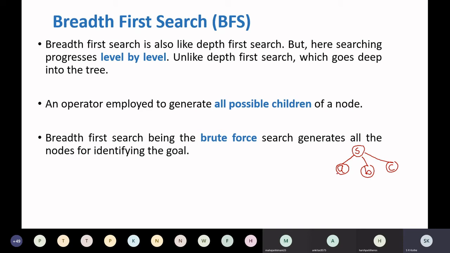If not, then it will explore all the children of all these three nodes A, B and C. Then one by one it will check all the nodes at this level. If there is no goal node, then again it will move further to the next level. In this way, the breadth first search algorithm works. So it's a brute force approach.